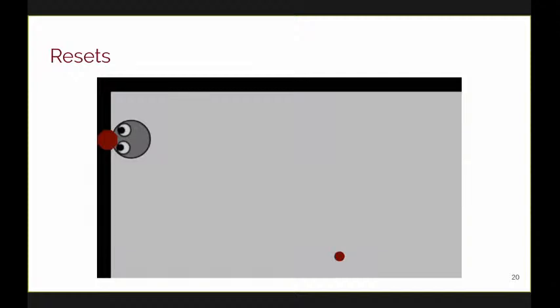So the user is about to collide with a boundary, we stop their experience, we have them rotate to a particular physical location, usually the center of the physical environment, and then we send them on their way. Obviously, these resets break the experience and are very undesirable. And as such, they're the main metric that we use when comparing different redirected walking algorithms. We normally use the number of resets that were encountered for a given virtual path. We also use the mean virtual distance traveled between resets for a given virtual path.